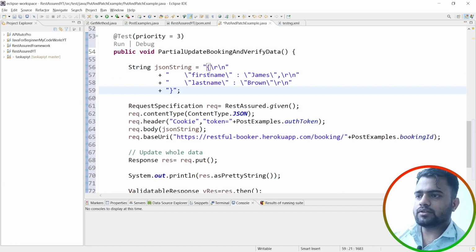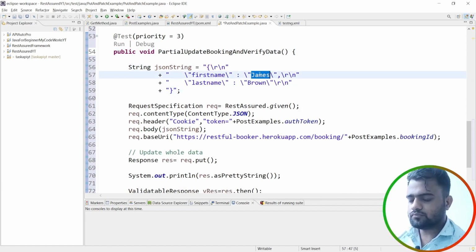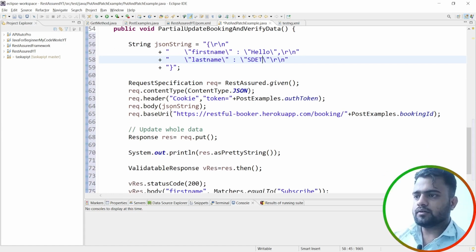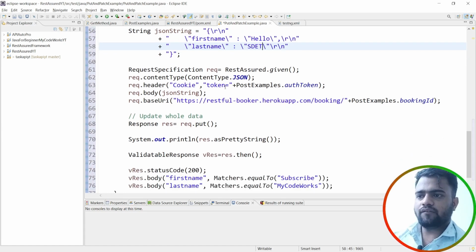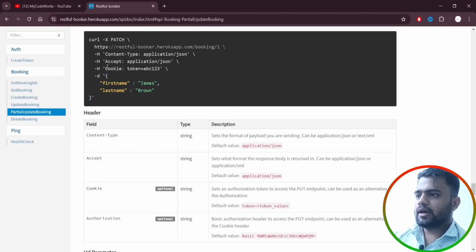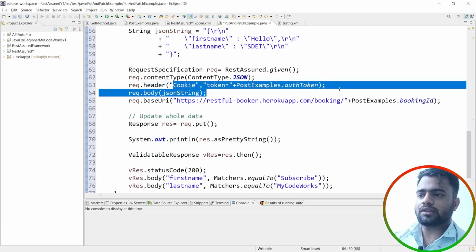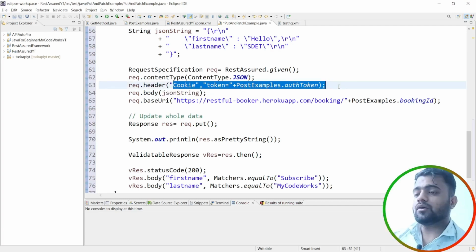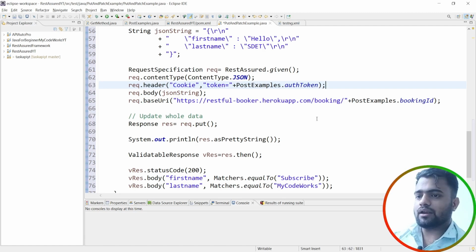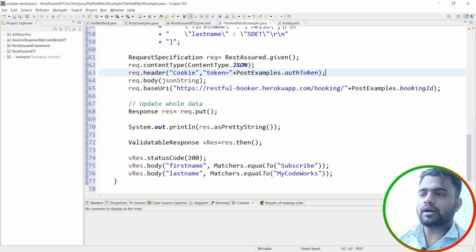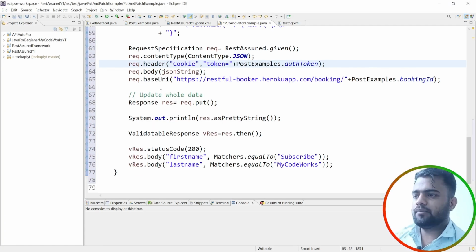Okay, first name James, and this is first name. I will put hello, hello is that, I'm just passing directly. Everything will be same because if you see the request, accept application JSON, cookie token we are passing, content type JSON. So everything in the header will be same. For cookie we are passing the token that we'll get from the post example, where we generate the token, and content type, everything. Booking ID again we need, because here the endpoint needs booking ID. So everything will be same except